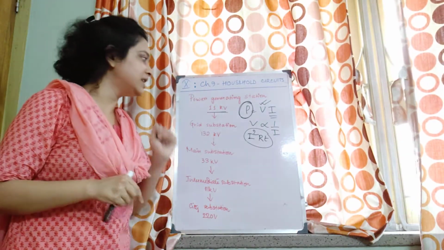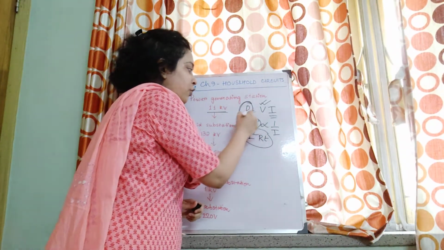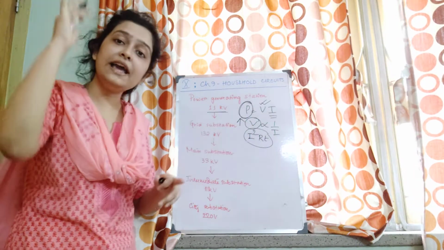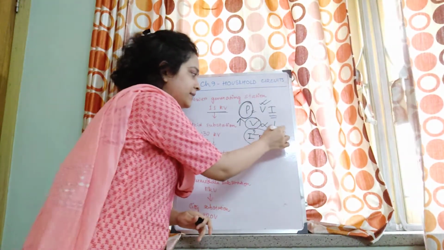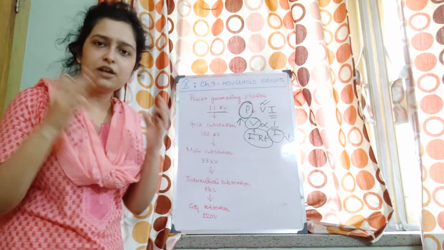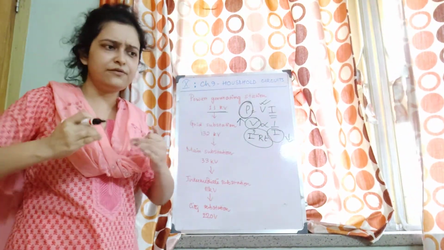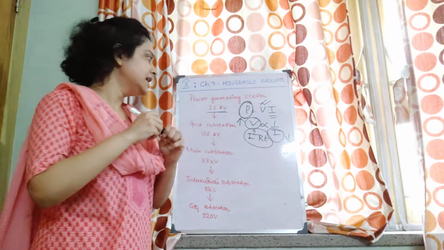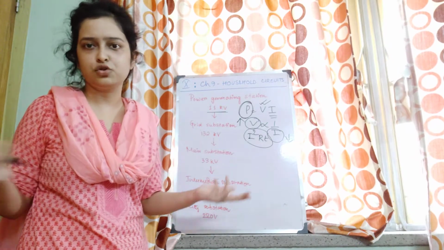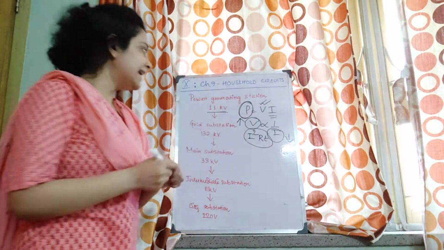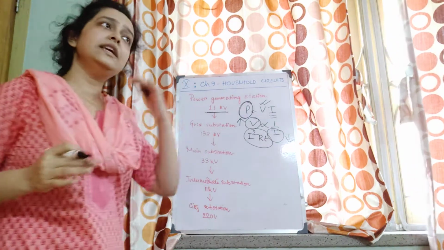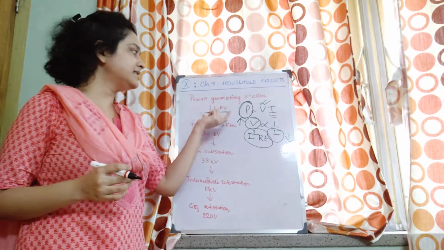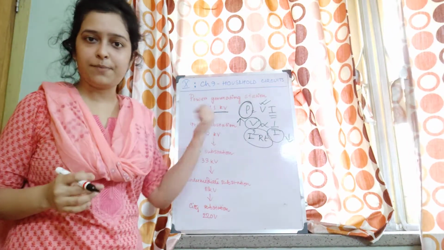That is why initially the power is generated at a high voltage. Voltage is high, so current is low, which means the heat loss will be low. Much electrical energy will not be wasted in the form of heat. This is due to the heating effect of current, the Joule effect, which we have learned about. Now, why not even more than 11 kilovolt? It is an optimum value they found, very suitable for generating the power at the power generating station.